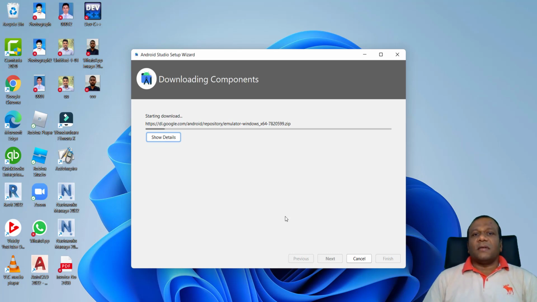Not like other software where you just install. You have to do all the configuration on the initial opening of the software. Right, here it's completed, the additional components are downloaded.